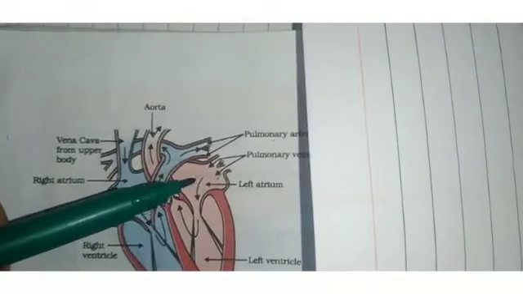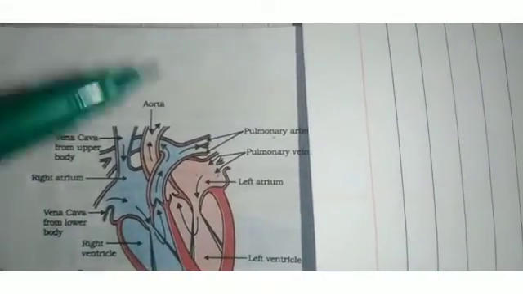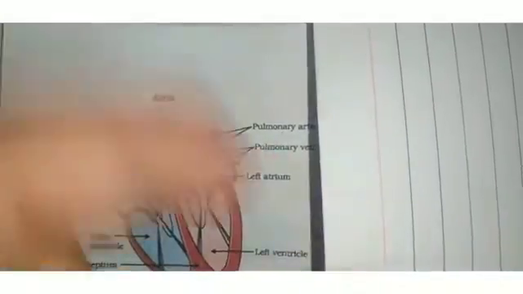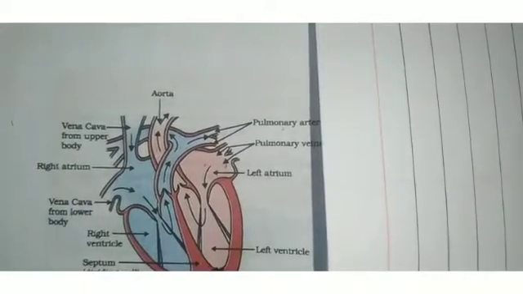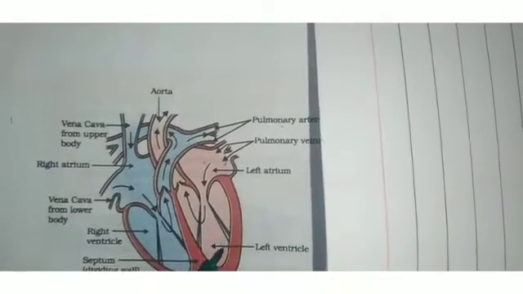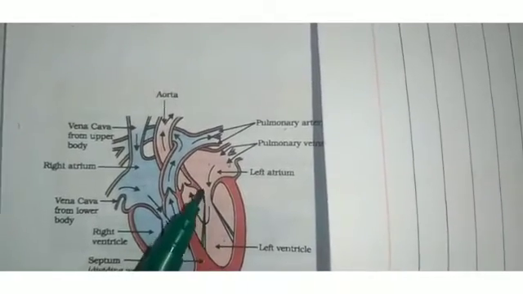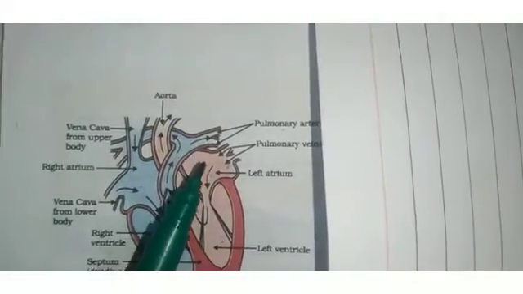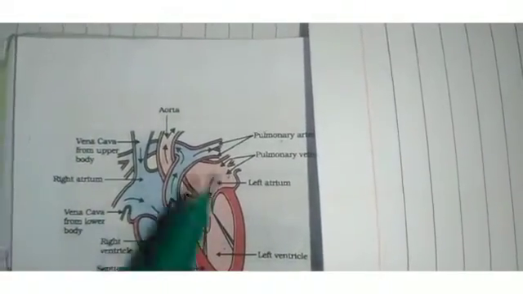When the blood comes here, the chamber will contract. When it contracts, it pushes, and the blood flows to the next chamber, the left ventricle. And here there is the presence of valves. When the blood enters the left ventricle, the valves close, because there may be a backflow of blood and it would mix with deoxygenated blood. That would be fatal.